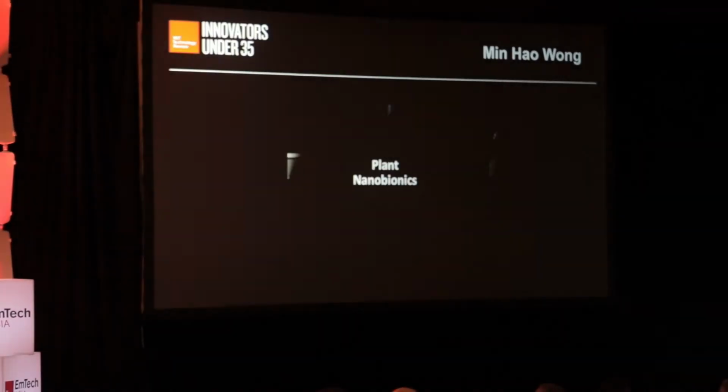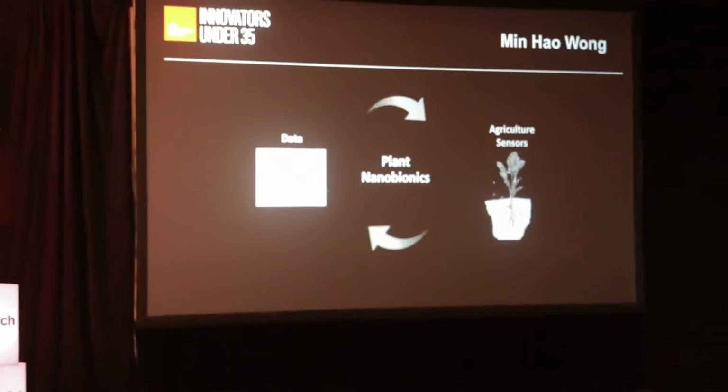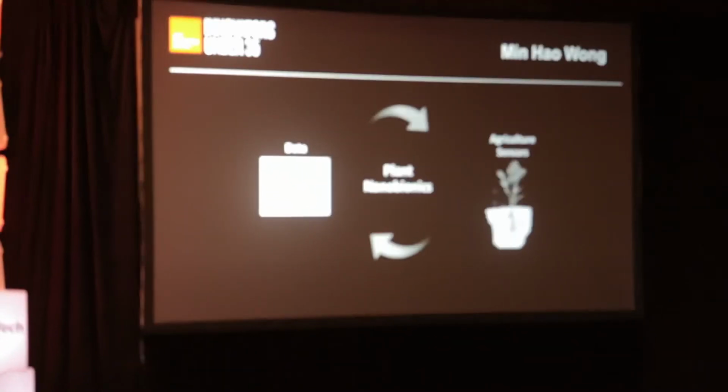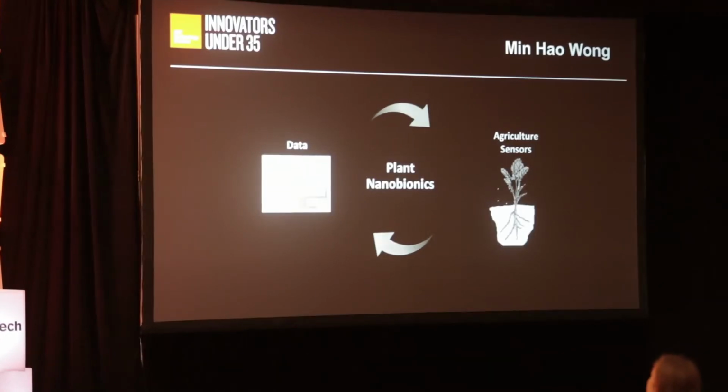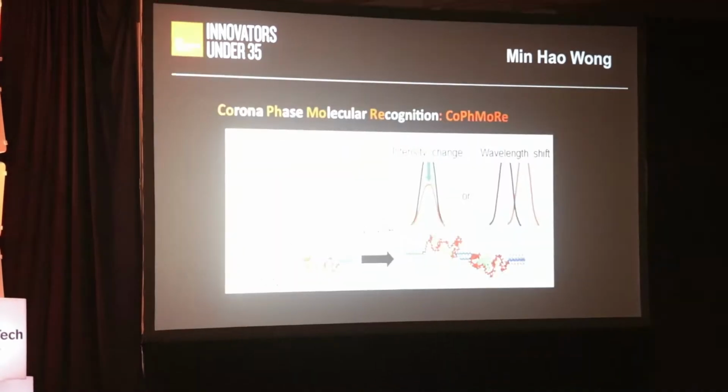The vision that we have is to begin to think about the use of agricultural nanosensors to gather meaningful data that can enable you to better drive decisions. And so we call this plant nanobionics, or the use of sensors within plants to gather dynamic data so as to drive decisions forward. The way we approach this problem is to use something called a corona phase molecular recognition